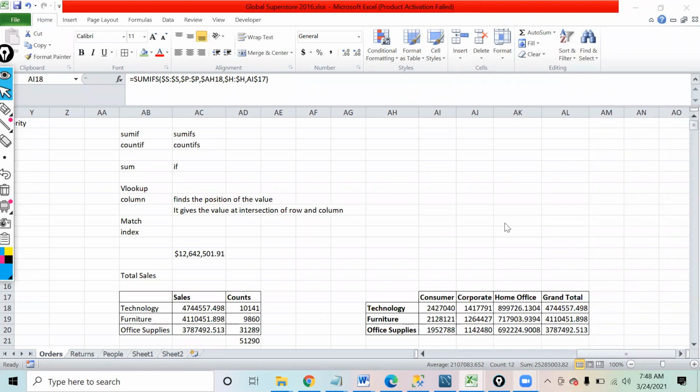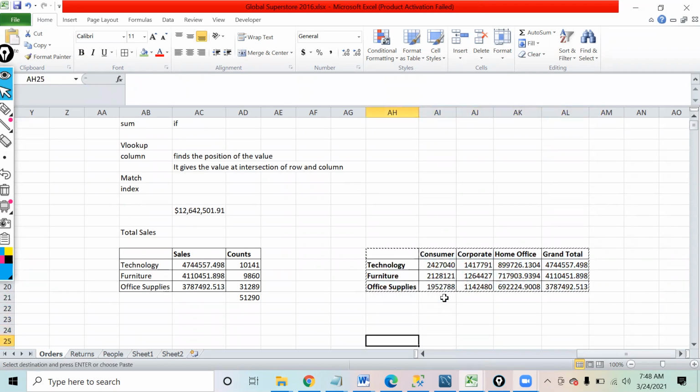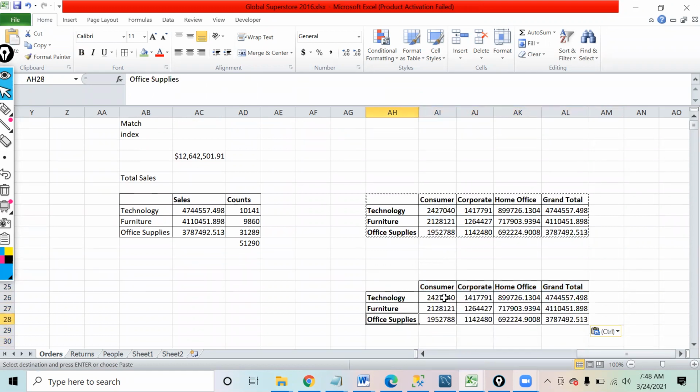Okay, sorry. Yeah. So can you now try another formula by yourself? See, we have found the sum of this. Now, can you try the COUNTIFS over here? COUNTIFS is basically, I want to count how many number of times transaction happened for technology and consumer. Now, please try that COUNTIFS by yourself.